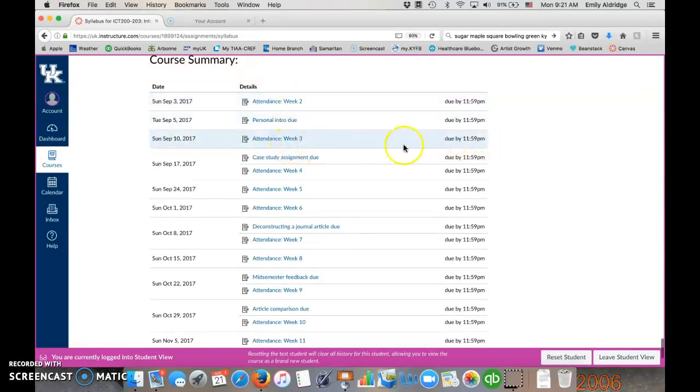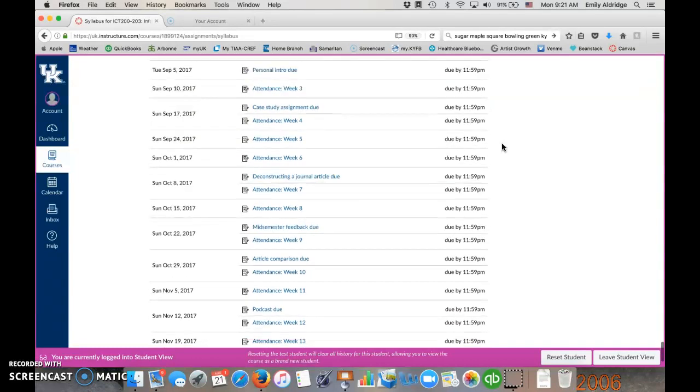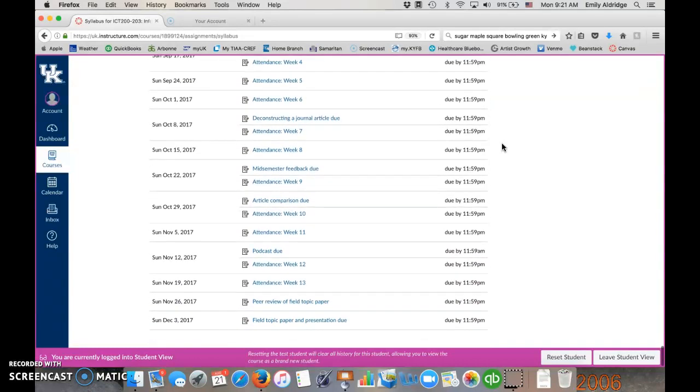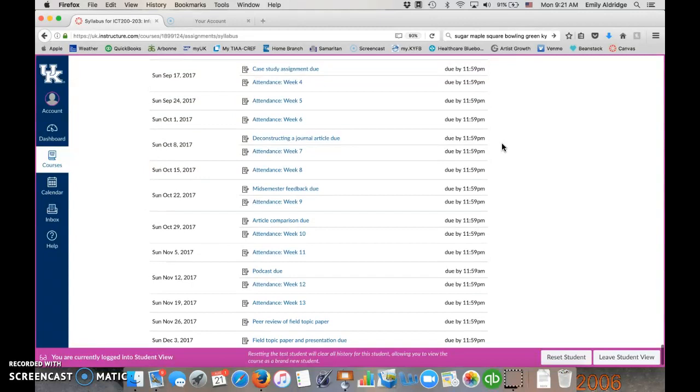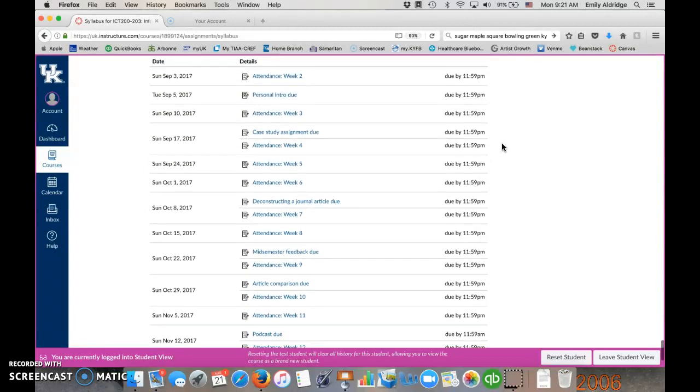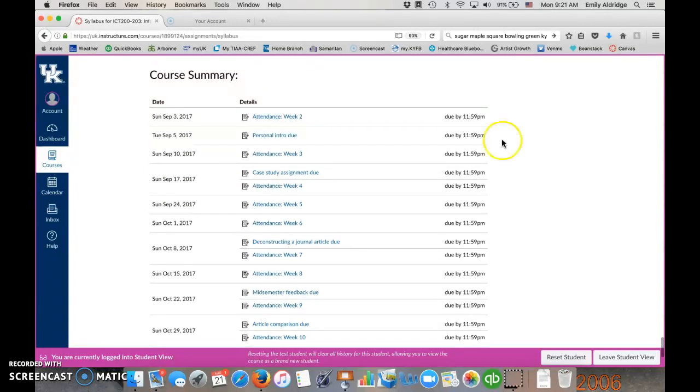These are all of our deadlines. So you'll see about half of these are actually attendance, which are really short, quick things that need to be done. So don't discount those, but you'll see if you get rid of the attendance, we're not looking at tests, we're not looking at quizzes, we're just looking at projects. And those are very manageable and spaced throughout the semester. So don't let this overwhelm you, because most of this is attendance work.